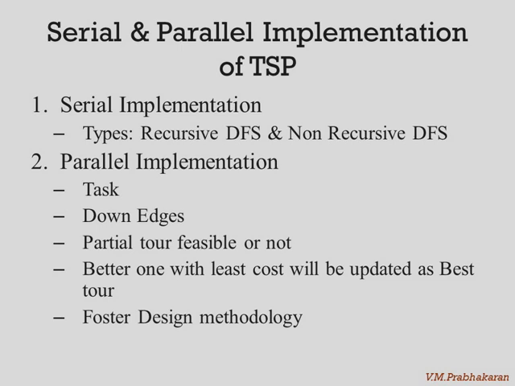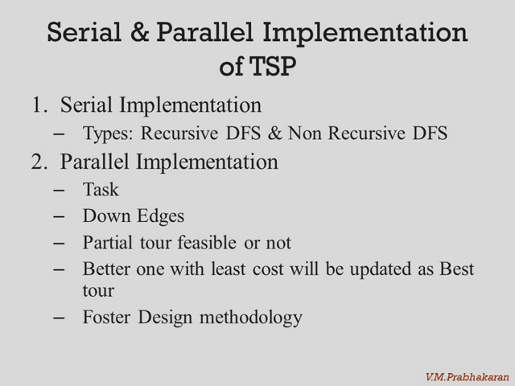Basically, for the construction of tree search, we will be considering two things, that is the partial tour and the cost of the tour. The algorithm used here to find the least cost tour is the DFS algorithm, depth first search algorithm, where the input will be the search tree and the output is to find the least cost tour. Then when we come to the serial mode of implementation,